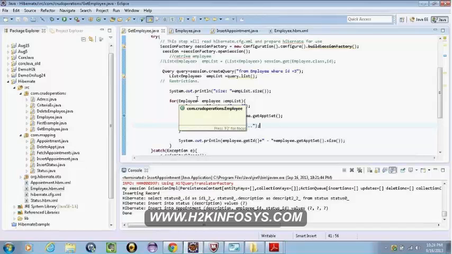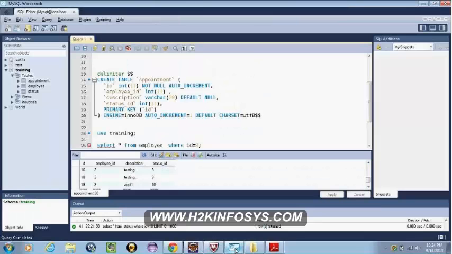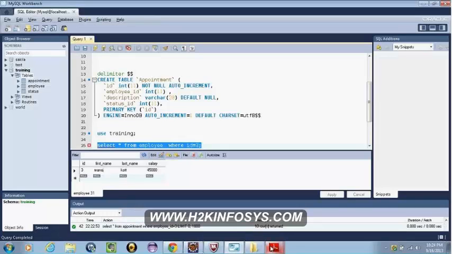So if you just fetch the data here, in the persisted object I'm getting the employee from the session. I'm getting only one employee because I'm saying where ID is equal to 3.